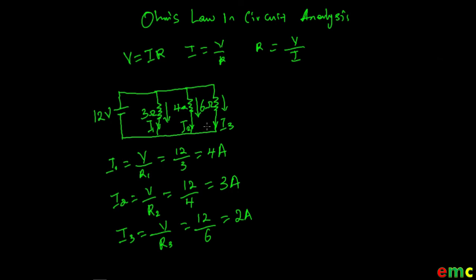So the total current flowing out from the voltage source will be 4 amps plus 3 amps plus 2 amps. 4 plus 3 is going to give us 7, and this gives us 9 amps. So we have 9 amps flowing out of the voltage source. Out of the 9 amps, 4 flow into this branch, 3 flow into this branch, and 2 amps flow into